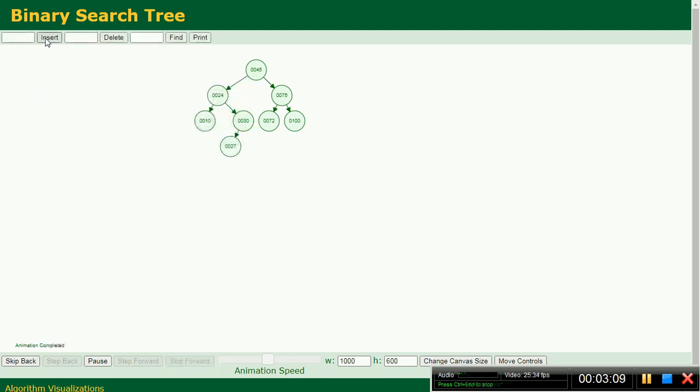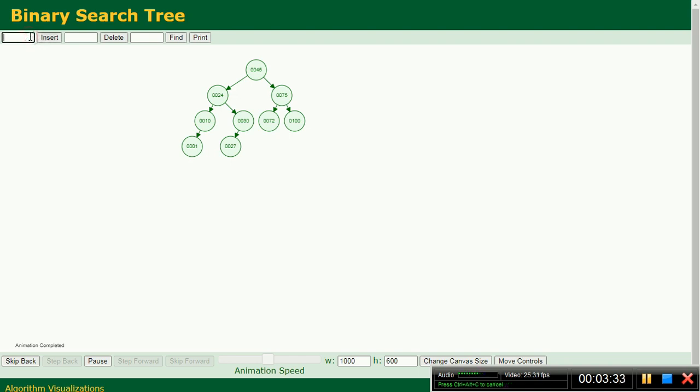Now if we want to add 1, how can we insert? Less than 45, less than 24, less than 10, it would be here. So it is just the same way. You have to search the position and then insert. Every time the smaller will go to the left and the bigger will go to the right.